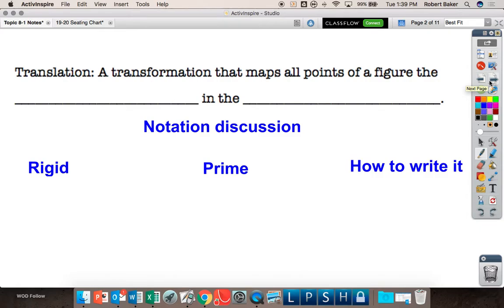So a translation is a transformation that maps all points of a figure the same direction and the same distance. The same distance in the same direction. It has the same distance in the same direction. So